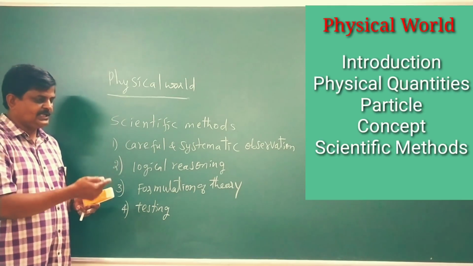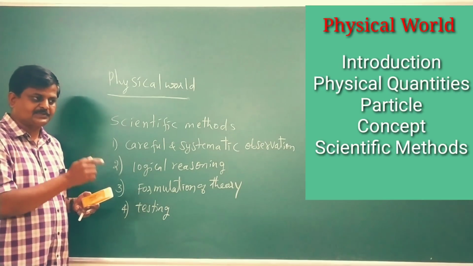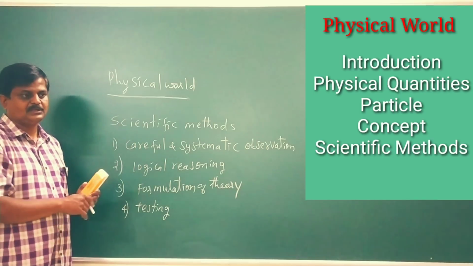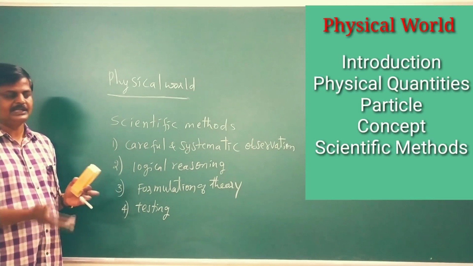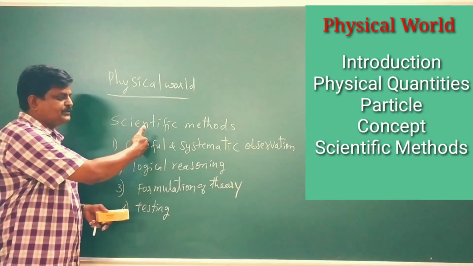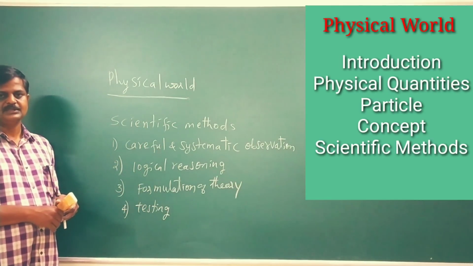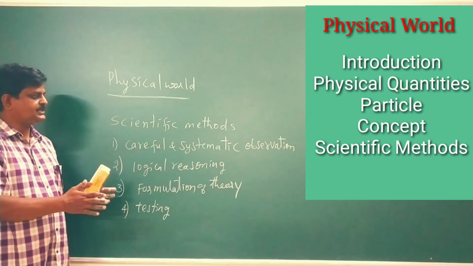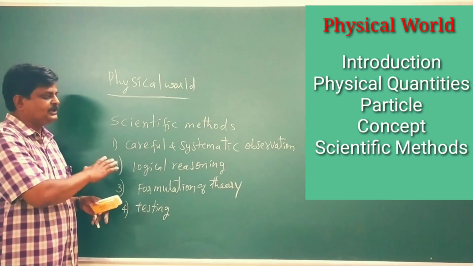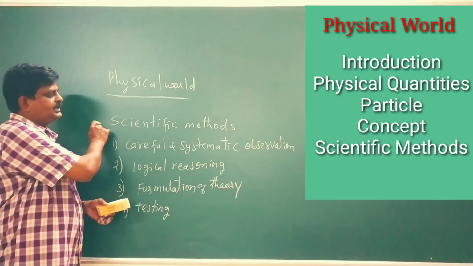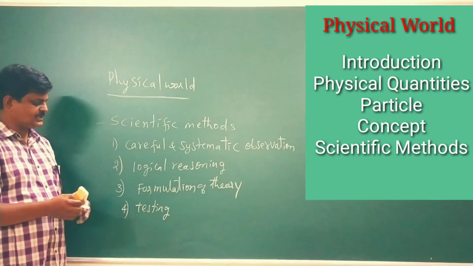If the theory was found to be true after observation and experimentation, they transform it into a law. If it is not found true, they again have to follow the above sequence to analyze the natural phenomena. This is the general method the scientists follow to analyze any phenomena. So what are the steps involved in a scientific method? Let me list them out.